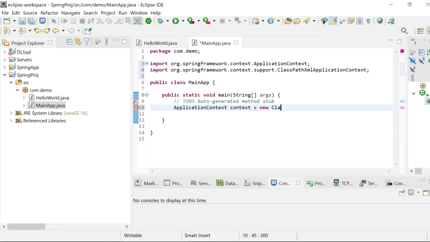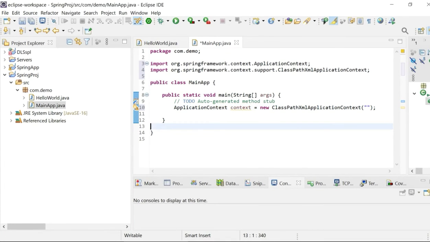Here you give the class name, class path, XML, application context. Within this, we need to give the beans.xml file.